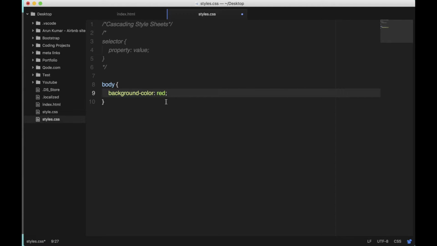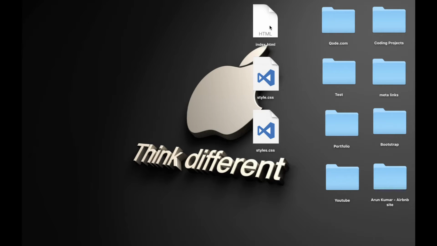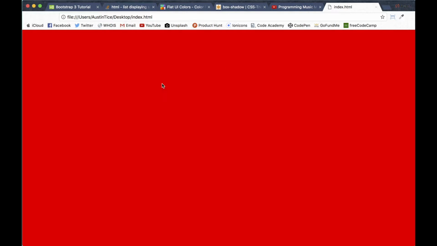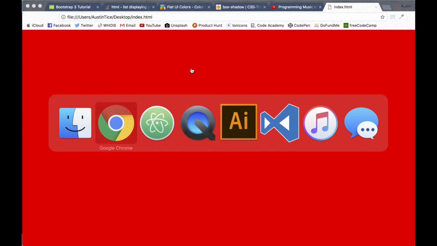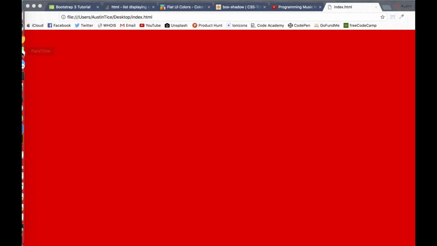There's our property, there's our value. Save it. Go out here, pull this index.html right here, and then check it out. We just have a big red page. Isn't that cool? So let's go ahead and jump back into that text,